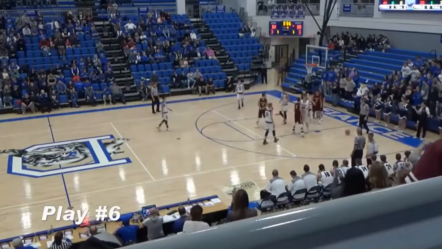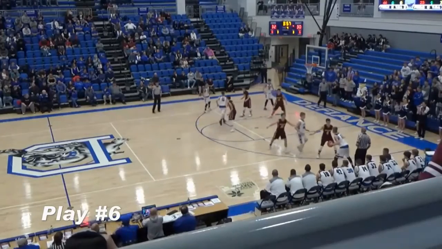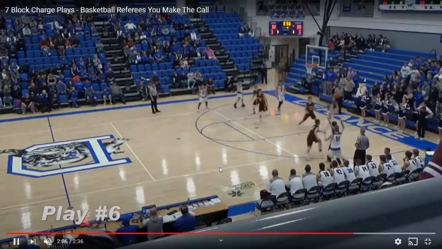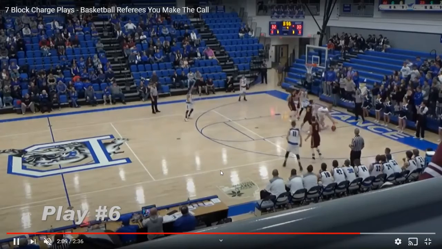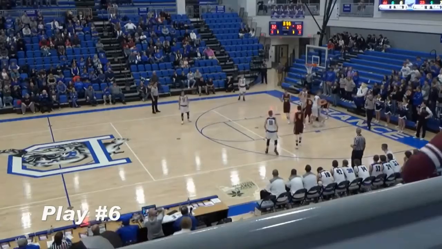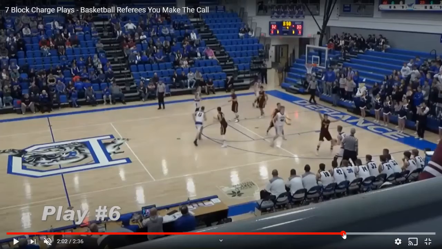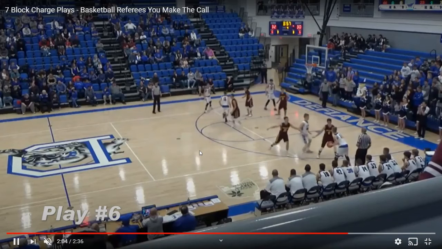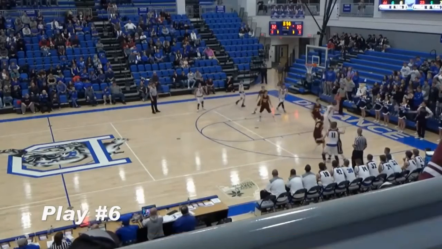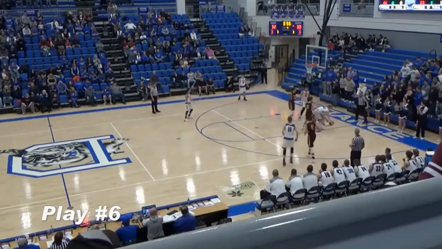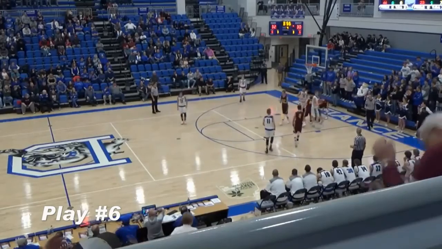Again, not the greatest angle to try and judge with those bodies and feet, where people are and if they're in legal guarding position before that contact happens, and also how much the offense goes through the person as opposed to stopping with contact. Not the greatest angle to try and judge that from, but I think if he had gotten over a little bit sooner, might be in a better spot to judge on this play because he is still trailing the play a little bit as he comes over.